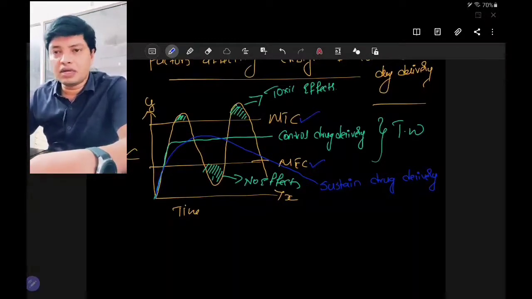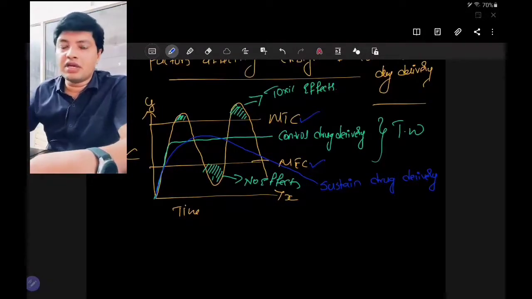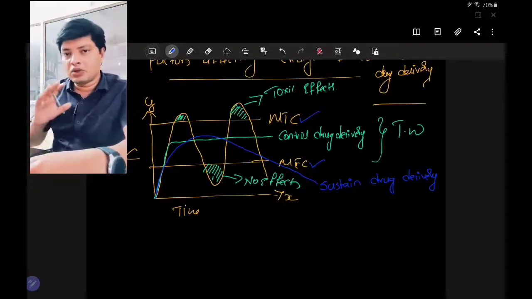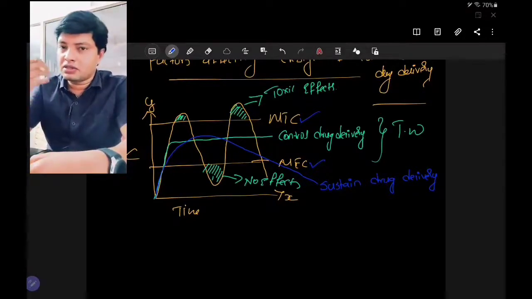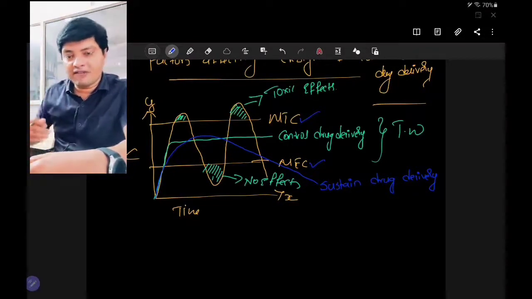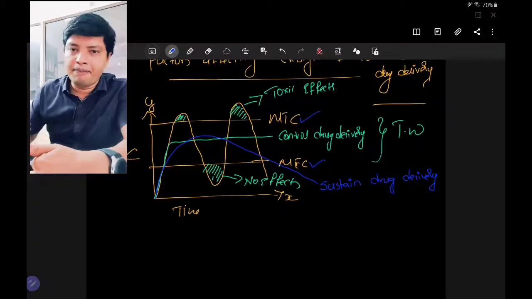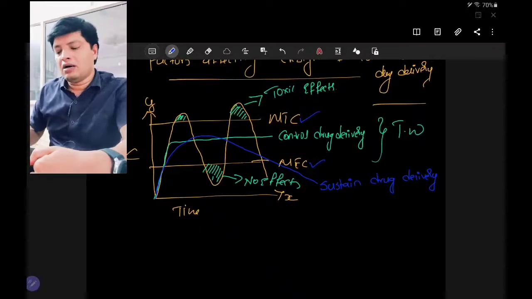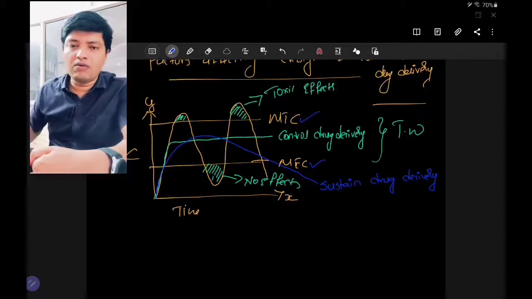What I mean to say is, if the drug is in conventional dosage form and you want to reduce the side effects of the drug, improve the efficacy of the drug and improve patient compliance, for that you need to convert that particular dosage form, your conventional dosage form, into sustained and controlled release. By converting this into sustained and controlled release, the product life cycle of the particular drug will be increased, because you are giving this in a new form. Previously it is available in conventional form, now you have converted it into sustained drug delivery or controlled drug delivery, which in turn has its own advantages.